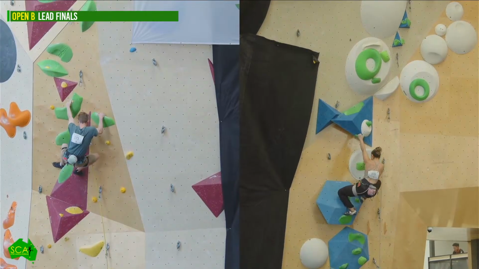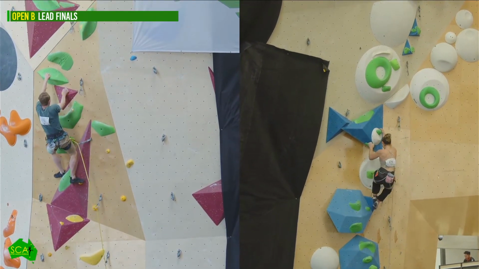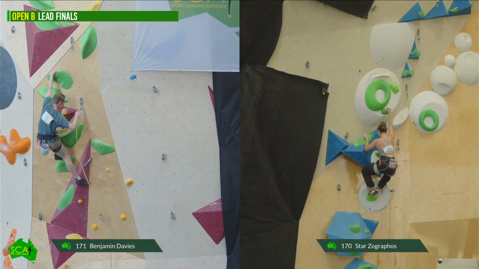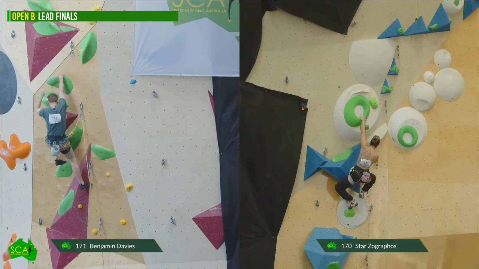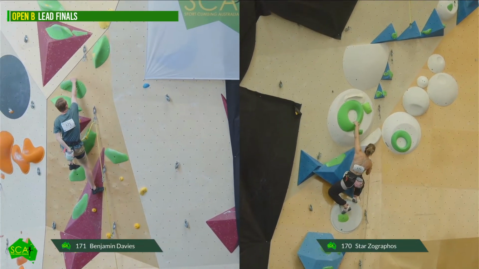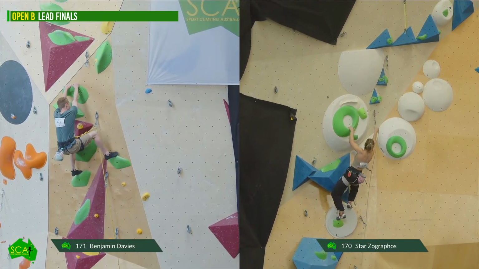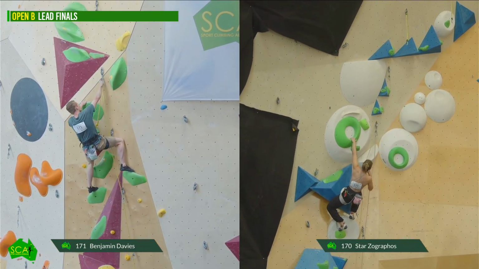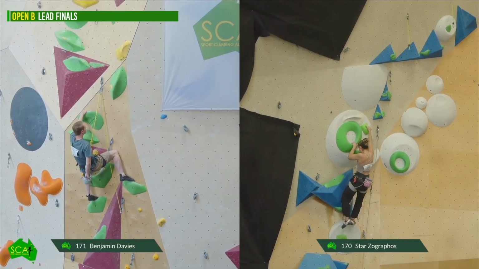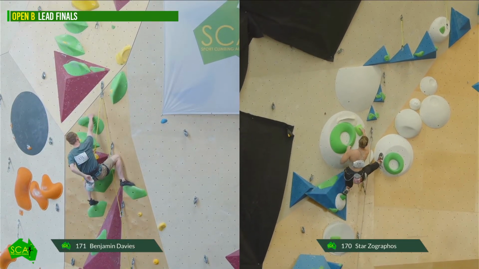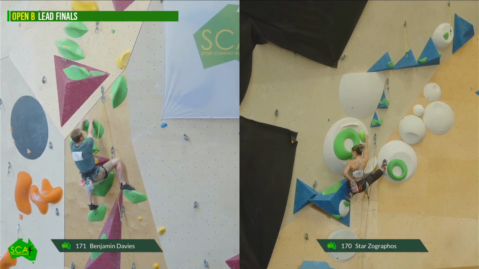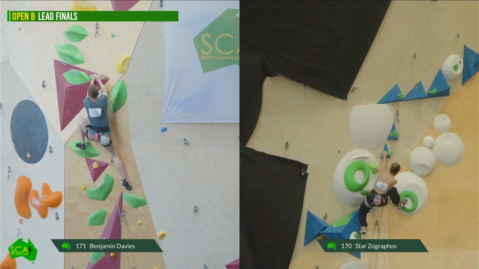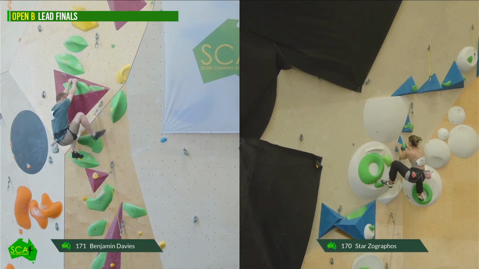This first crux on the right, that Star is about to come up to, sort of sapped the energy out of Ava, I think. Yeah, well, once you get up underneath the traverse, it becomes a pump fest, really, at the end of the day. There's plenty of holds there, but it's about how efficiently you can make those moves work. Now it starts to really kick in here. And she's getting her rest in before diving into that section, which is smart.